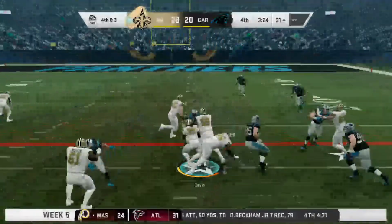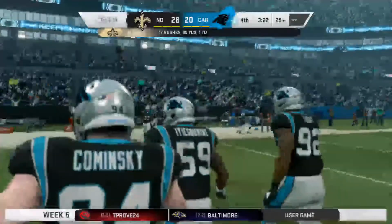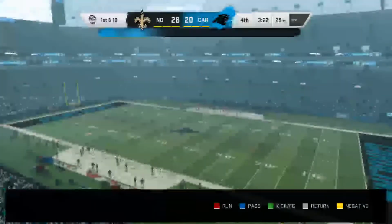They'll run for it with Davis. And, boy, this is going to be close. That mark looks a little short. And he...